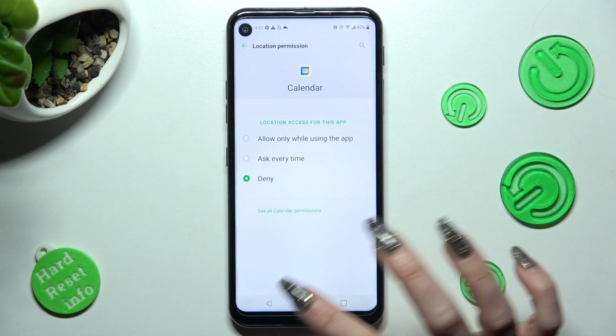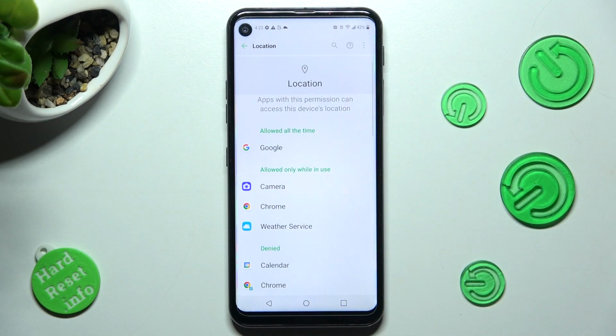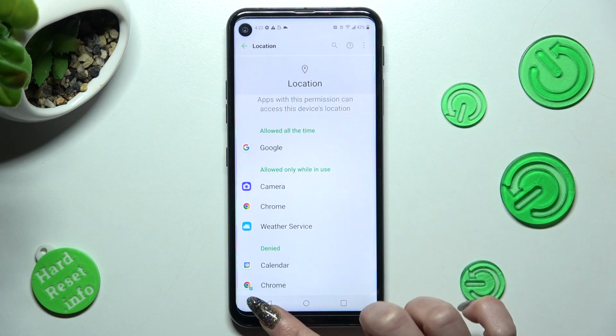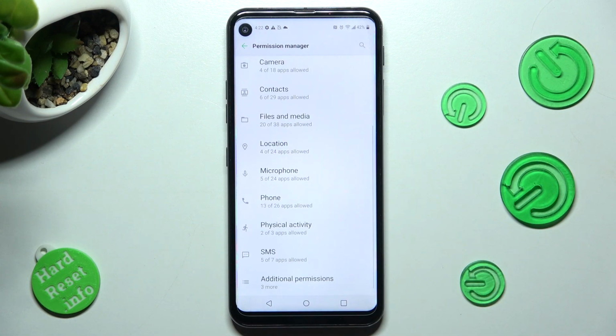I need to click on the back button, and as you can see, calendar no longer has access to my device's location. You can always go back and click on one of those features to locate one of your apps